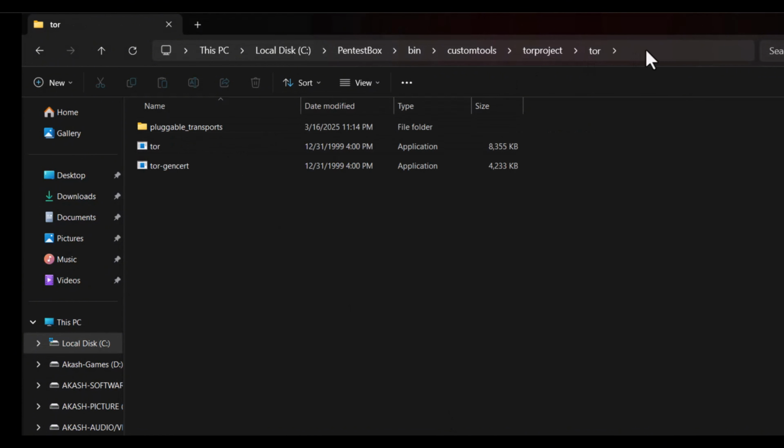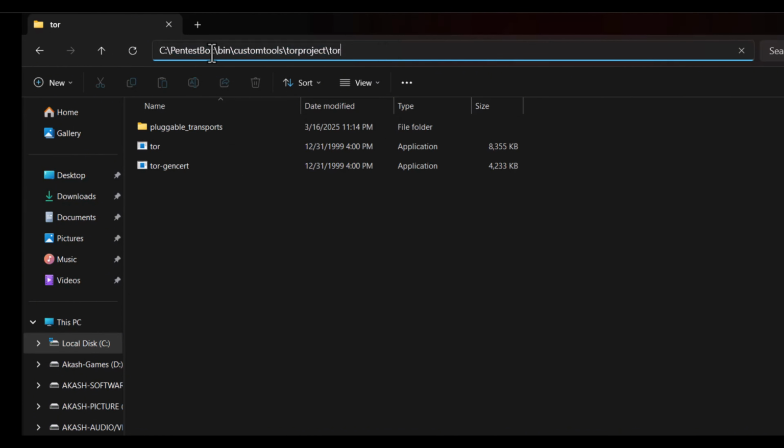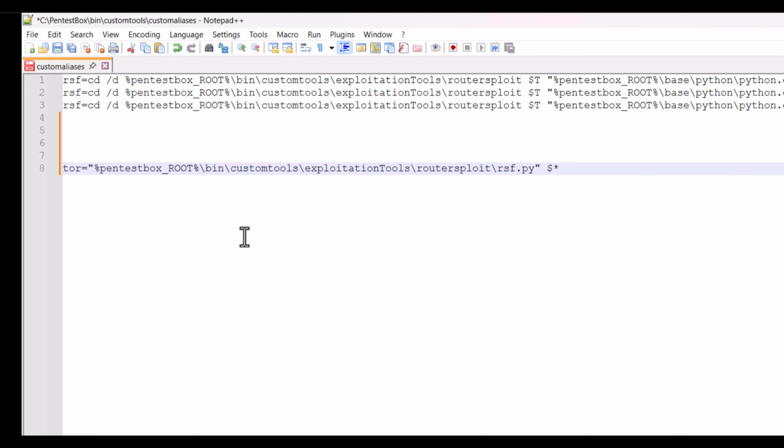Click on the Tor folder and also copy the bin path. Copy this link and select the bin path to paste it. After that, paste it and rename